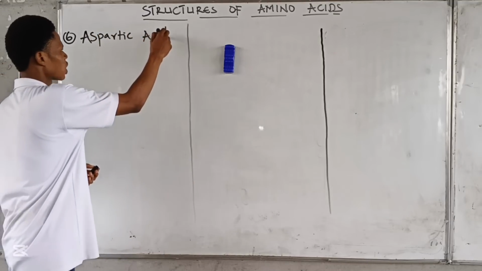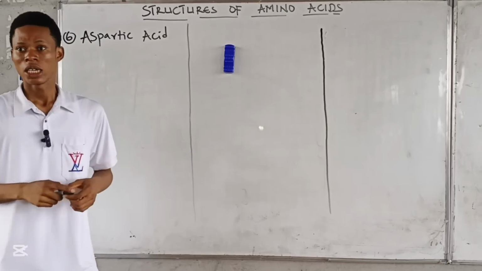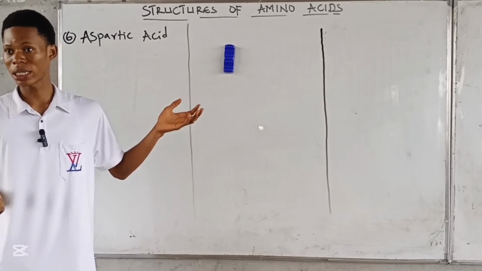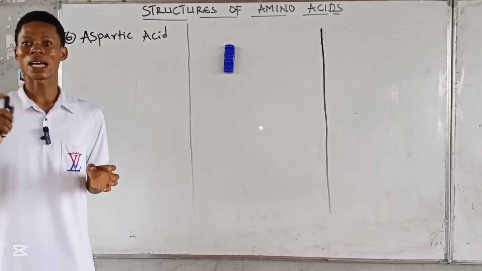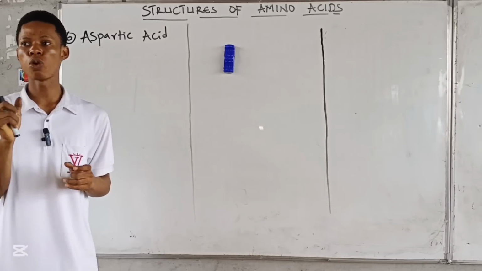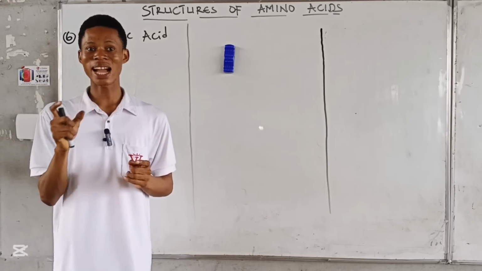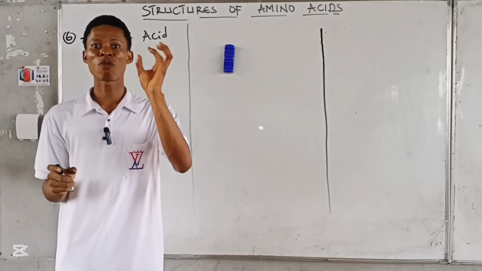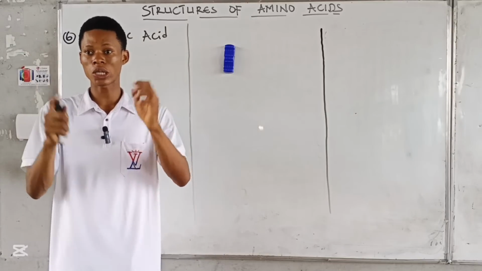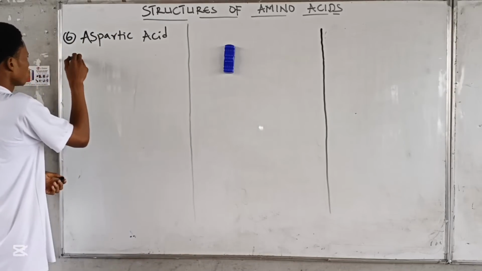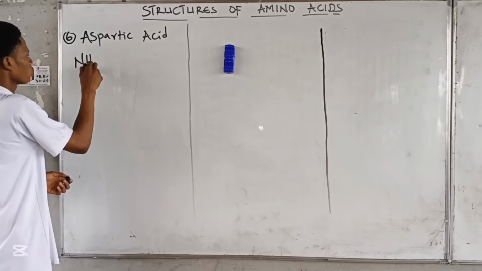Now from the word aspartic acid, it means this amino acid is acidic, right? And acidic amino acids are monoamino dicarboxylic acids, right? They have one amino group and 2 carboxylic acid groups. Now if we have this, the general structure,